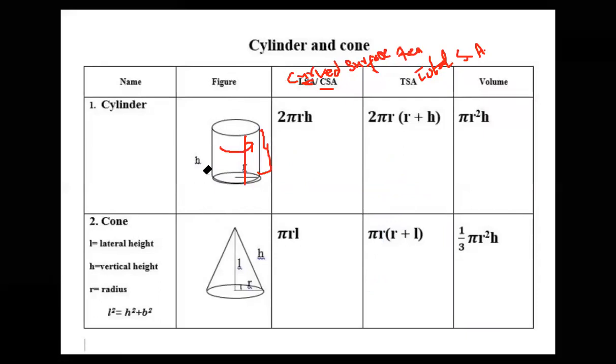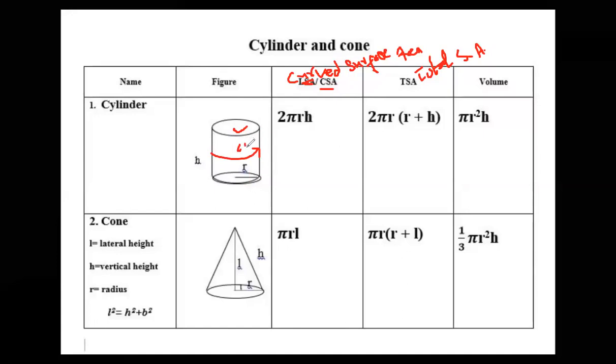Okay. Now after that, total surface area. TSA, total surface area, means the curved part, CSA, plus what is also included over here? It includes two circles. Can you see the circle over here? In the total, the curved part is also included, like around the pencil. This is the curved part.